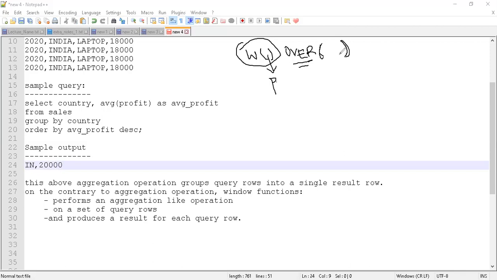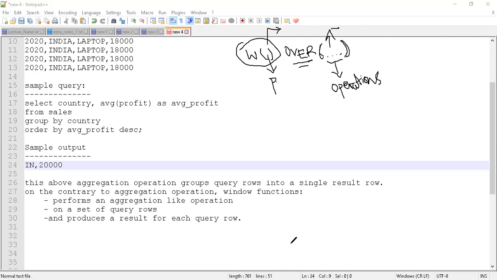Inside brackets I have something. This something can be blank, or it can have some values. These values are usually known as operations. Why I say operations is because basis this operation, this window function will be applied, if at all there is an operation. So let's take an example.